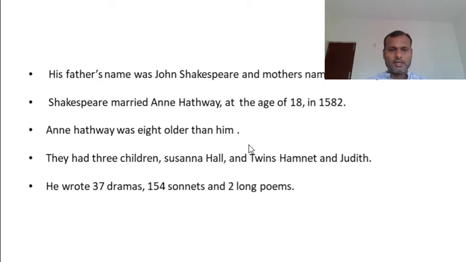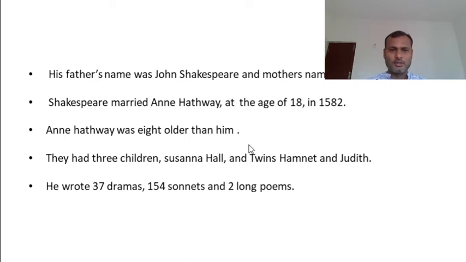William Shakespeare, as we have already seen in the previous class, has written 37 dramas, 154 sonnets, and 2 long poems. And these 37 dramas have variety in them. It means there are historical plays, there are comedies, there are tragedies, there are tragic comedies, comic tragedies. And he has written the greatest tragedies like Hamlet, Julius Caesar, and Macbeth, and so on. And he has written a series of sonnets,